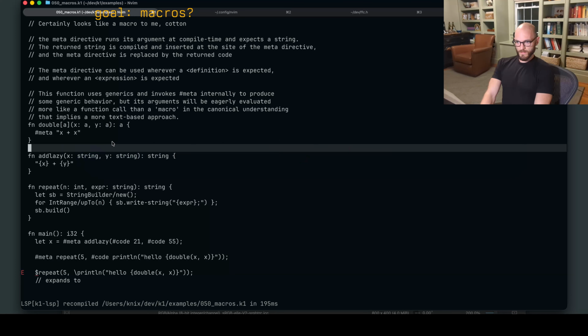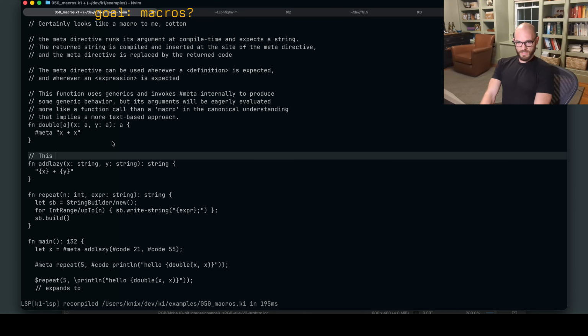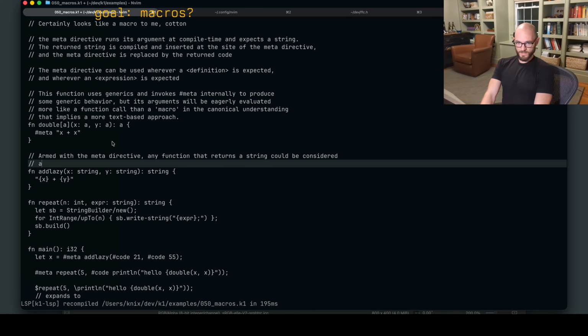Any function that returns a string could be considered armed with the meta directive. Any function that returns a string could be considered a macro.